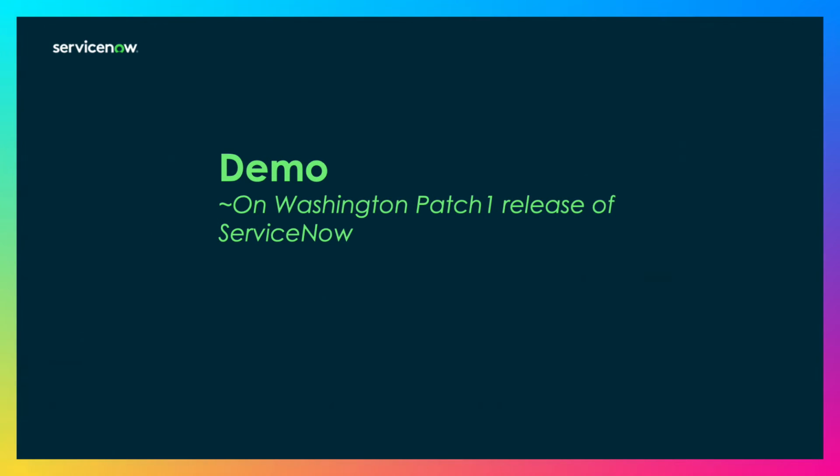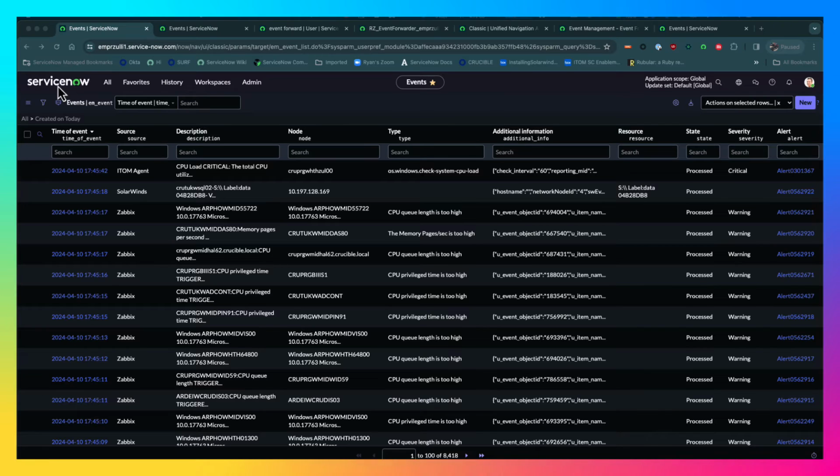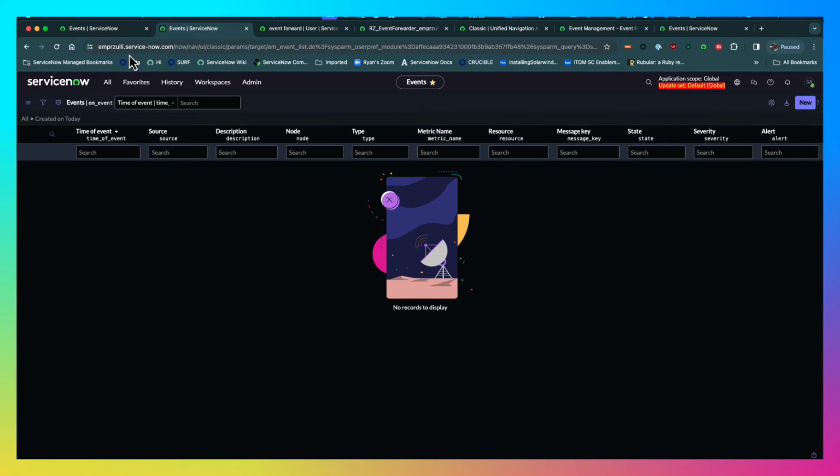Let's see a demo. You'll see here in my employee instance labeled EMPR Zulli 1, the event table and all of the events that are inside it. Right now there's 8,400 events, but not all of them were created within the past hour. So we're only going to be transferring over the last hour's worth of events. Now in my other instance, the target instance, EMPR Zulli, you can see here there are no events in the